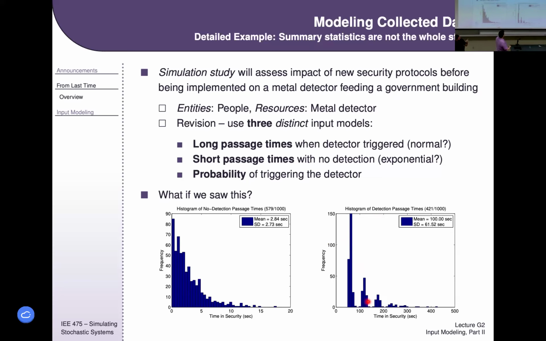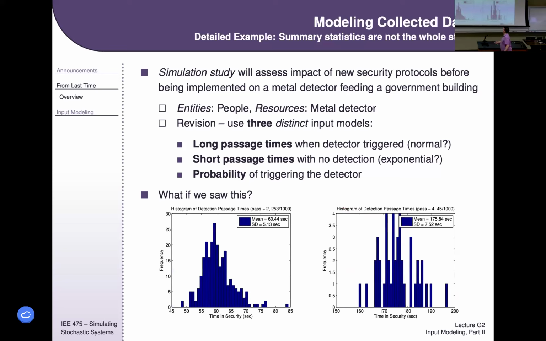But then these are people that get flagged twice. So they went through the metal detector, got flagged again. And that might be what we're seeing here. So if we see that, then we say, okay, we need to adjust our system here. So if that really is the way we're doing it, then what we would expect is if we look at